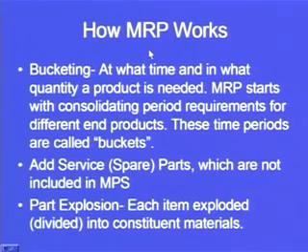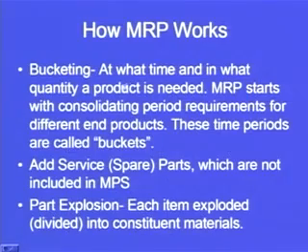Now how does MRP work? Very quickly we will try to understand certain terms related to the processing of the MRP. Basically three important stages are there in any MRP system: input stage, processing stage, and finally the output stage. Till now we have been discussing the input stage only, in which we have seen what is MPS, what is bill of materials, what is inventory status file, and now we will quickly go through the MRP working, how it works.